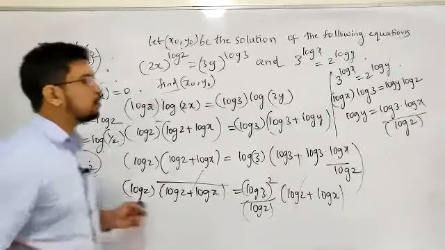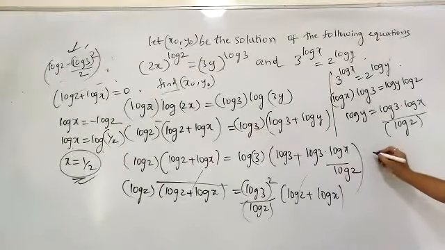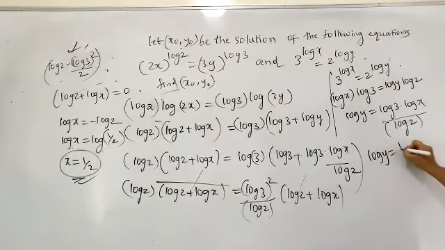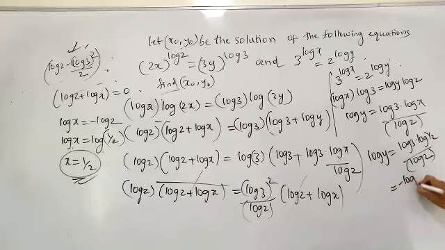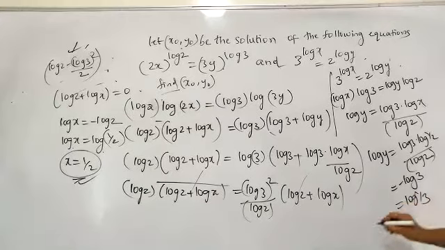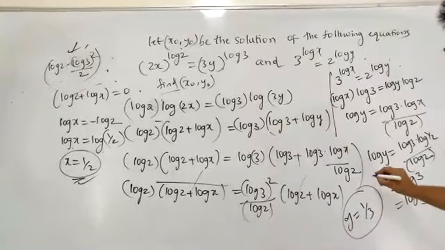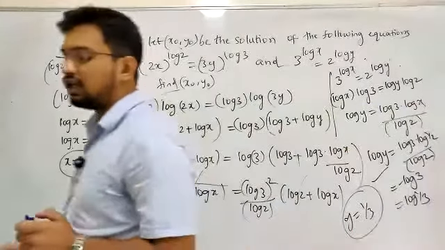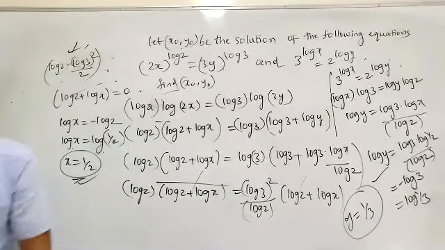Now take x is equal to half and substitute it here. So you'll be getting log y is equal to log 3 into log half by log 2. This log half I can write as minus log 2, so this is minus log 3, which is log of 1 by 3. From that you get y is equal to 1 by 3. You got x is equal to 1 by 2 and y is equal to 1 by 3. So this is your answer. The solution set here will be (1 by 2, 1 by 3), and that will be the final answer.